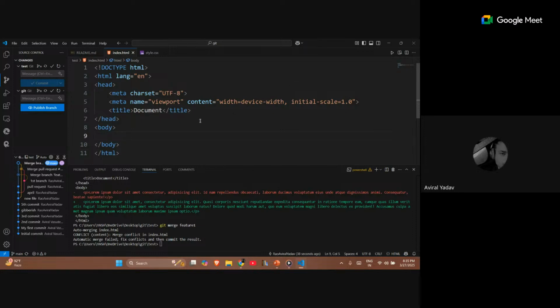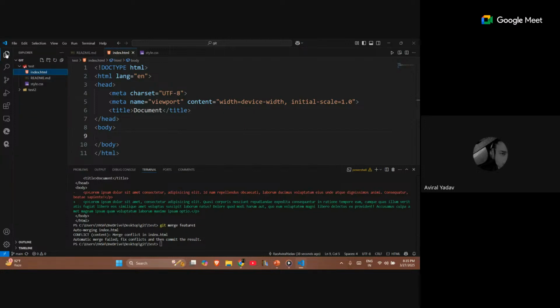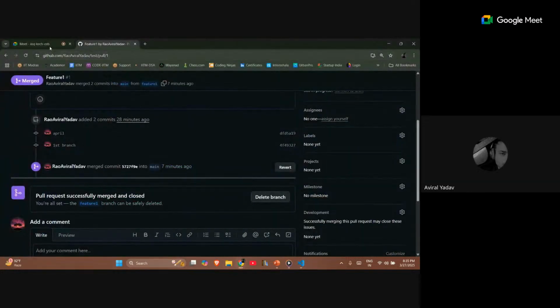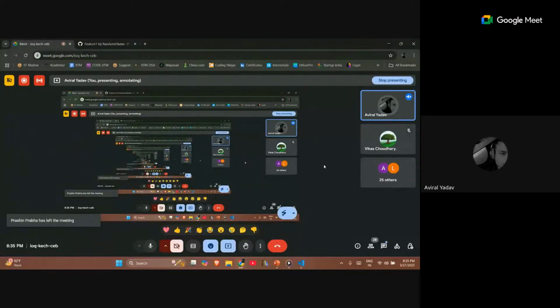Okay, don't leave both of the changes. Since we had a conflict over here, we have left both of the changes. As you can see, none of the paragraphs has appeared, we have left both of the changes. Okay, I hope this merging part is clear, because I find it a little bit difficult for people to understand.